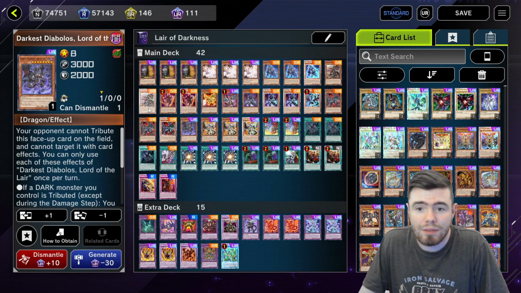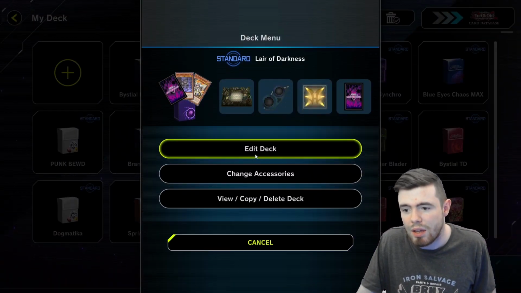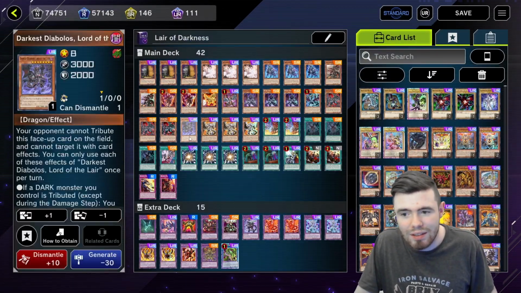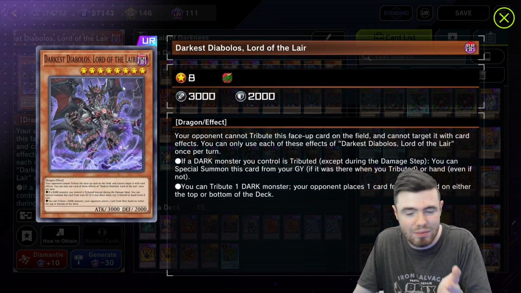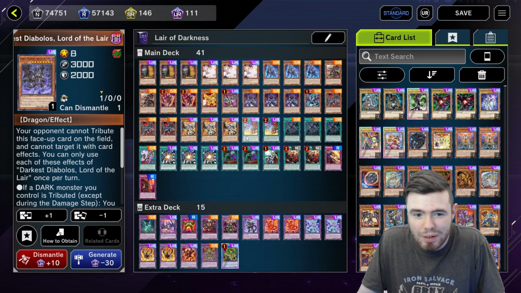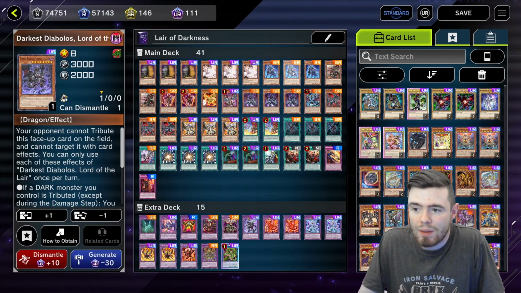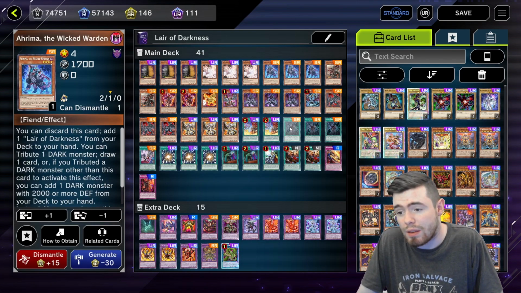Yeah, that's literally it, and sorry, Diabolos himself, but Diabolos doesn't even come up. You can take Diabolos out of the deck. He literally doesn't need to be here. He's there for trimming, because I mean, look at this card art, right? It's a beautiful card. But he's trimming, right? You don't need him there. Most Lair of Darkness decks don't even play him,